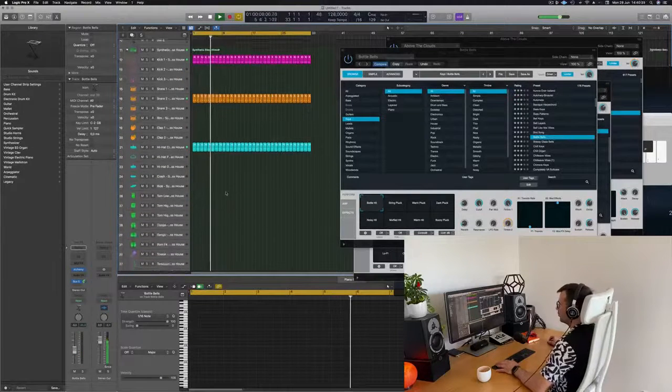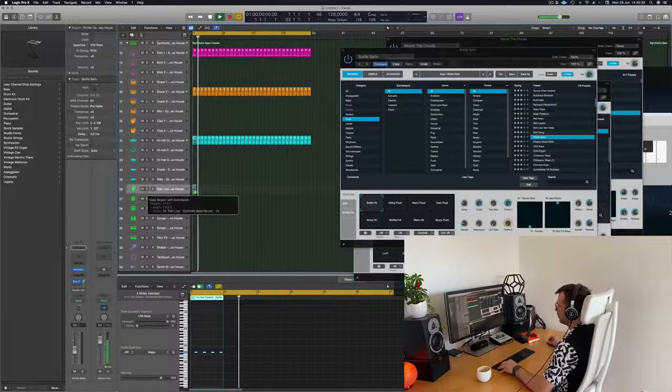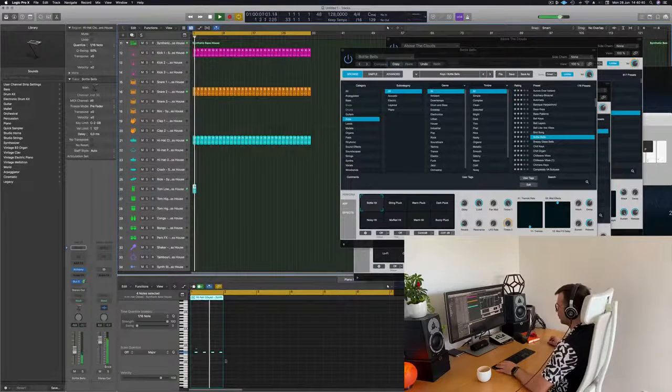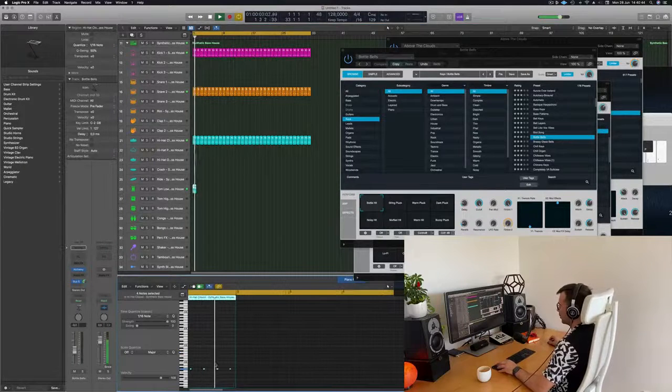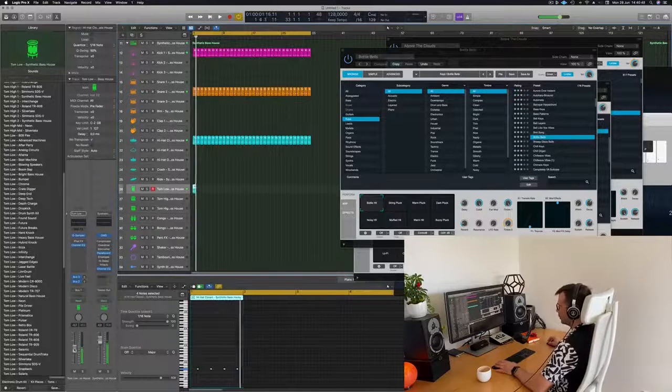I think I'll drop a few more percussions on there, but something very minimal, really. That I like to do, like this.